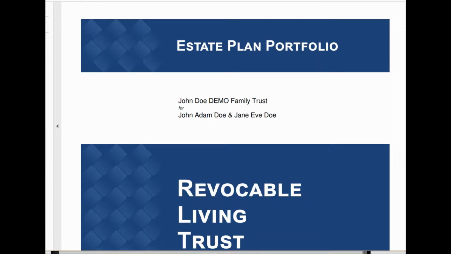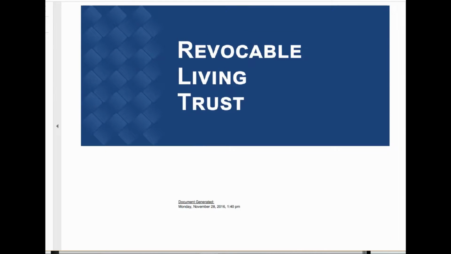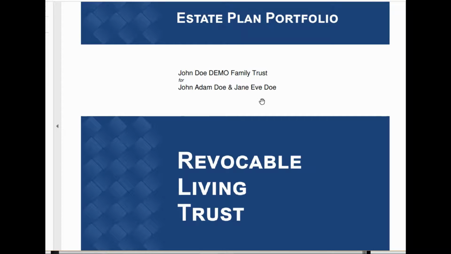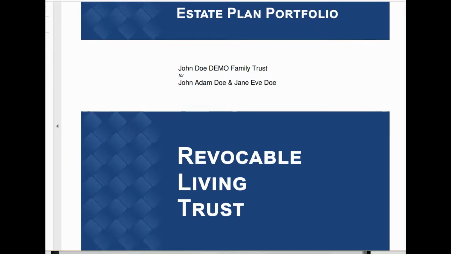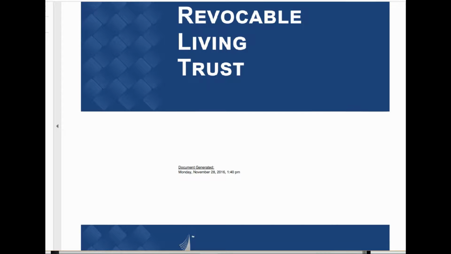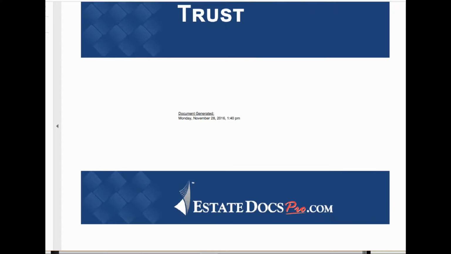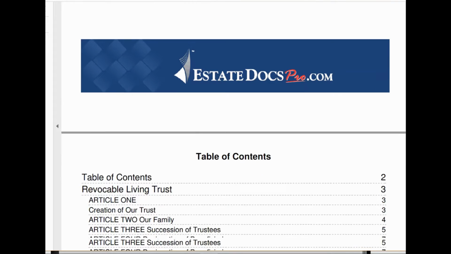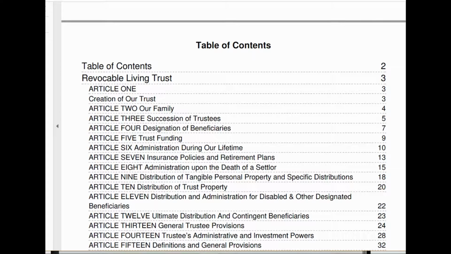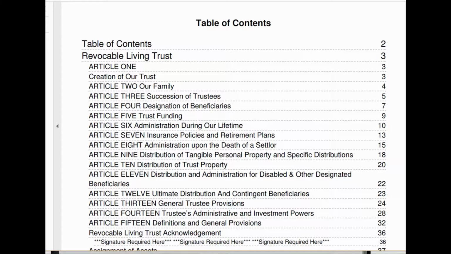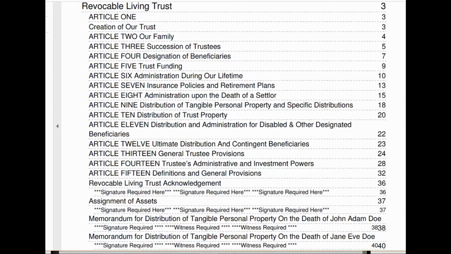So here we go. As you can see now, estate plan portfolio, revocable living trust, the date, most recent date where we generated the document. Every page is time and dated, and then your table of contents. So I can literally go in here and I can click on any one of these articles and I can read the information about that particular subject matter as it was handled based on the way I answered the questions